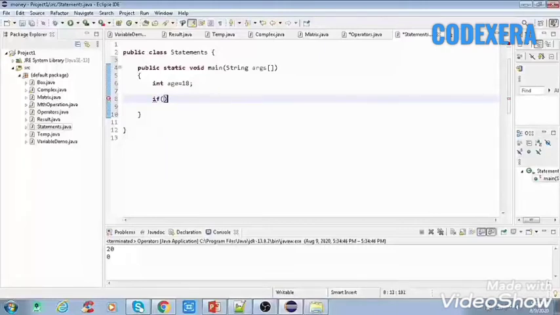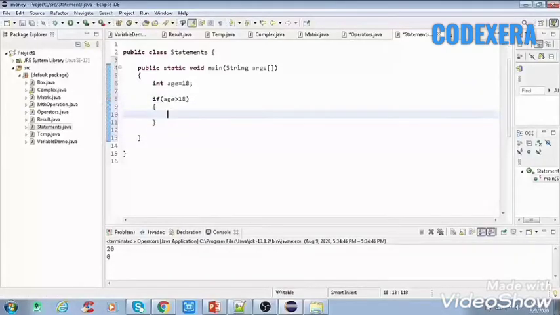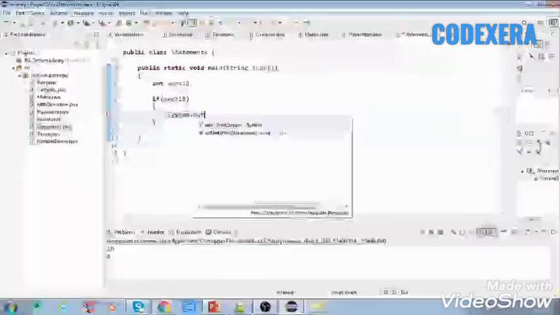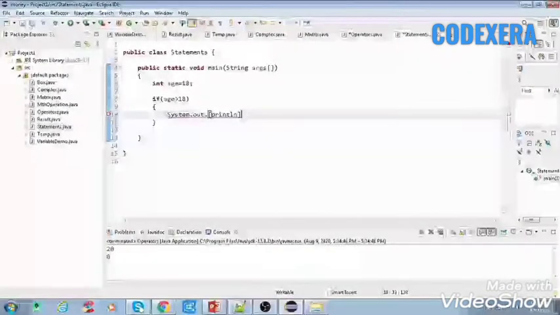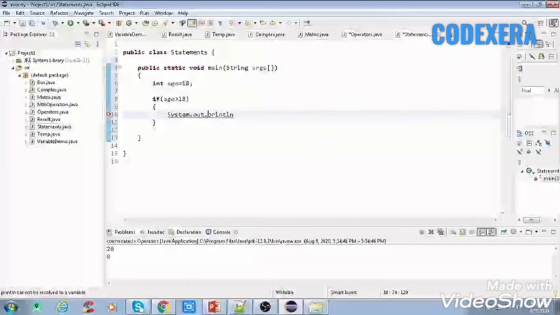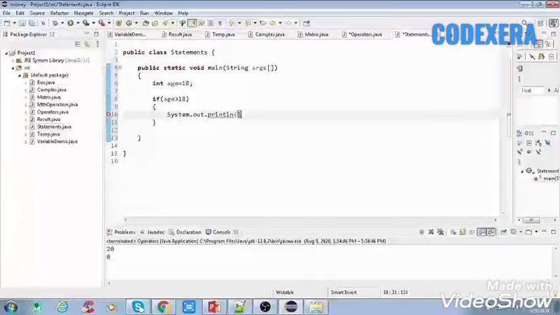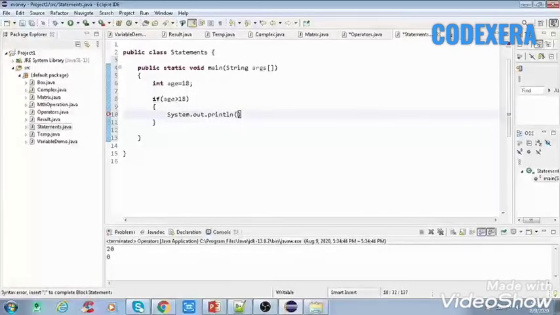We'll see here. So if age is greater than or equal to 18, it will print with System.out.println, you are eligible for voting.